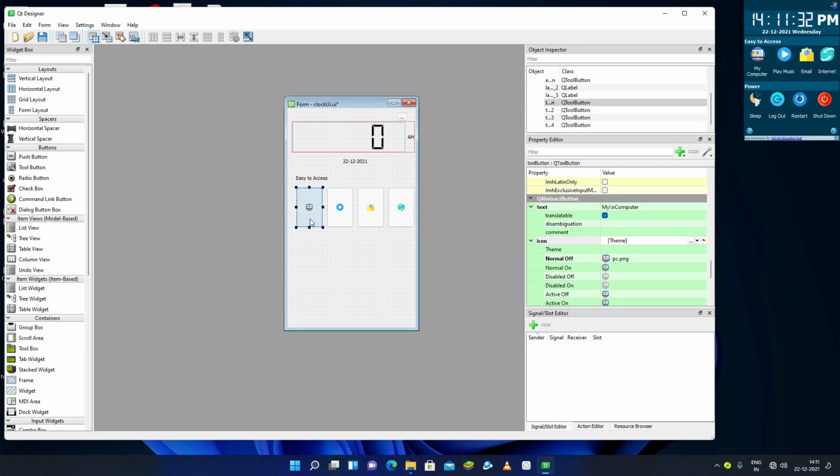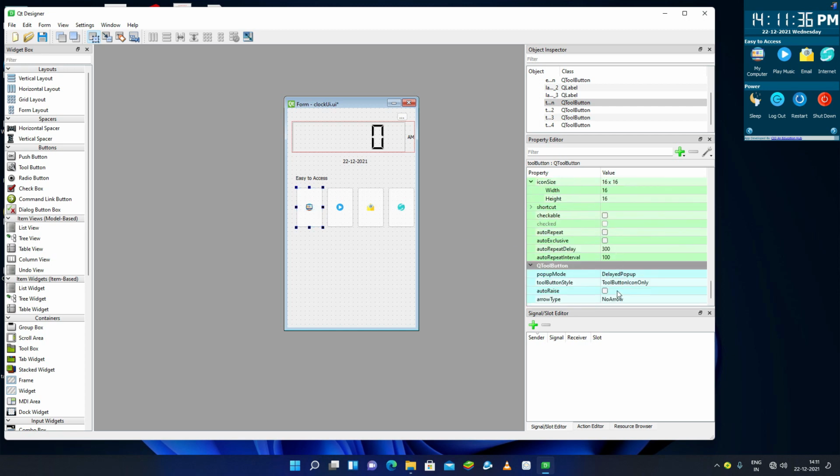Now as you can see, this is not showing the text. So what I will do, I'll just come down below, and here at tool button style, I'll change the tool button style to tool button text under icon. Okay, so this is now here, and you can also select the text beside icon, but it will be on the left or right. But I want it top to bottom, so I will select text under icon.